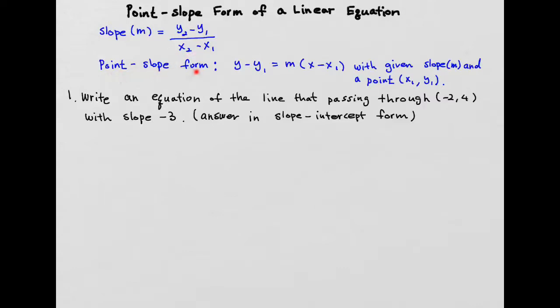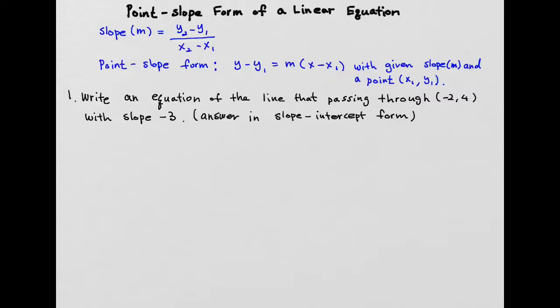And point-slope form looks like y minus y1 equals m times x minus x1, with a given slope and x1, y1. So if one point is given and the slope is given, then we should be able to find the equation, where we can replace it here. Okay, so whenever it says write an equation, this is the formula we're going to use